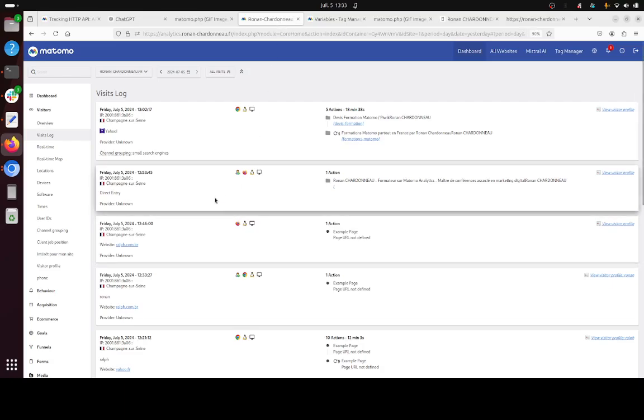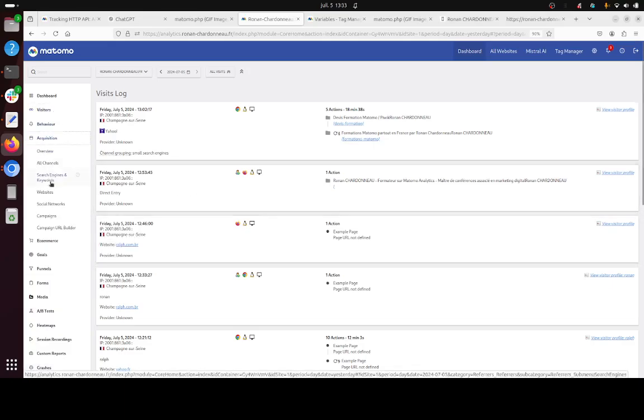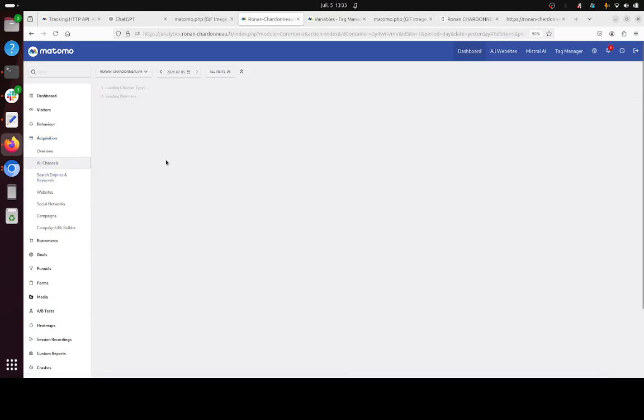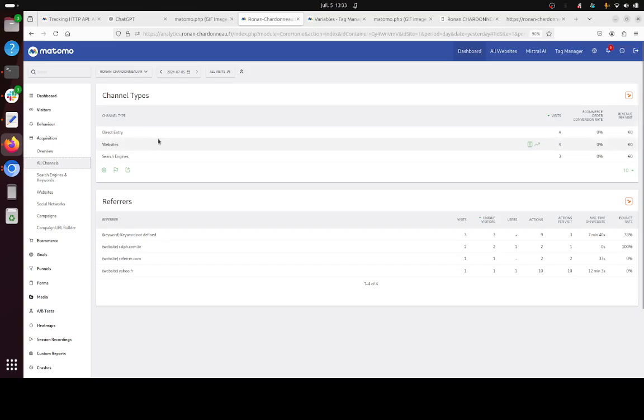When you are using Matomo Analytics, you may feel like this report over here is not sufficient. The reason is that if you are grabbing a lot of visits coming from, let's say, campaigns, everything will be grouped under campaigns, and within the campaign report, it may be very difficult to analyze. So the idea is how can we add additional channel types, for example, physical events,